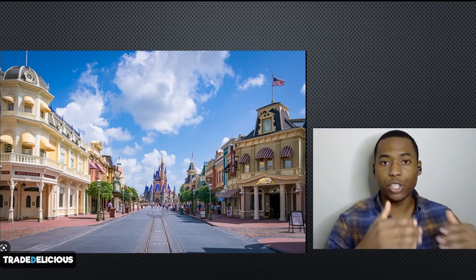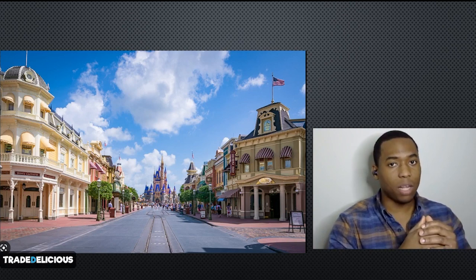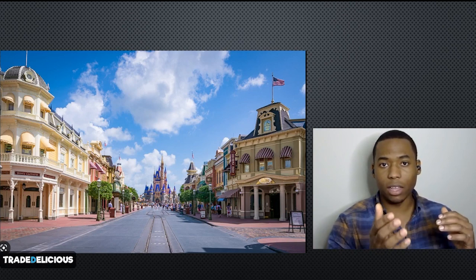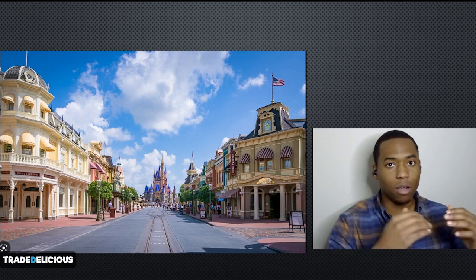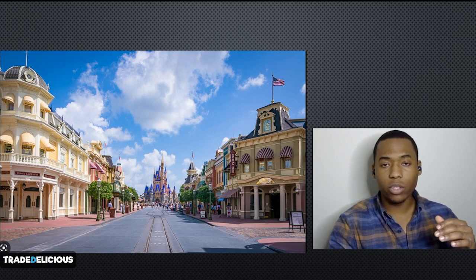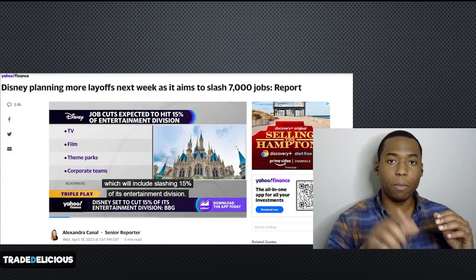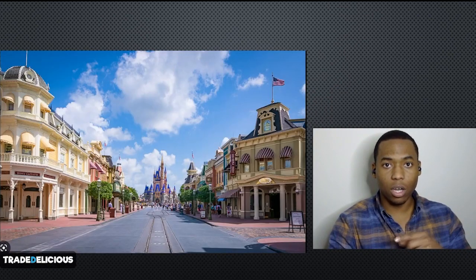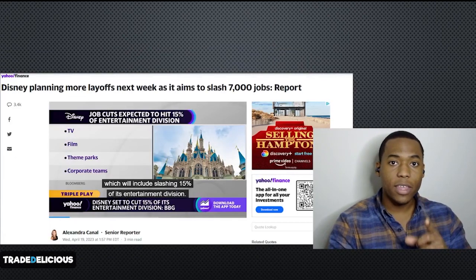They have a fiduciary responsibility to their shareholders. Rates went up, money became more expensive to come by. They get fewer people coming into their parks, buying their services, buying Disney Plus, buying ESPN. So what do they do? They go and they slash jobs. And this becomes a positive feedback loop where you have the average consumer cutting back, then you have Disney cutting back, and this takes the job away from the average consumer.